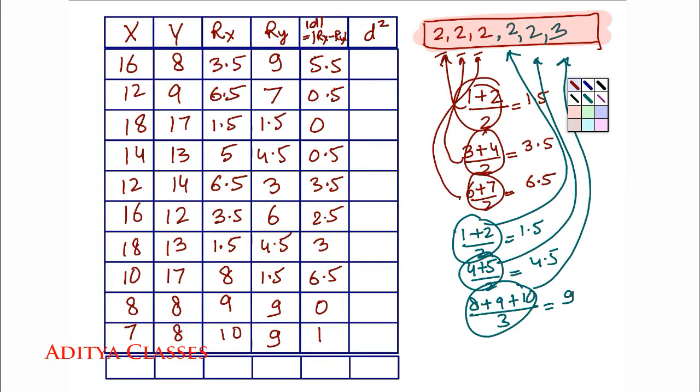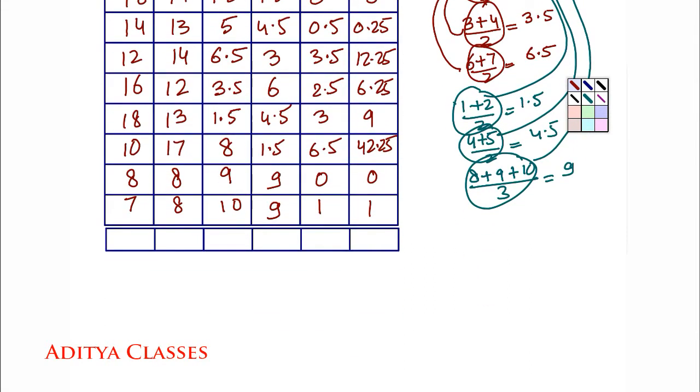Next, let us go ahead and square these differences. So they become 5.5 multiplied by 5.5. Square of 5.5 is 5.5 multiplied by 5.5. So we get, these are the squared values. Now what do we need? We need a summation of all these squared values. If we add them all, we will get this.